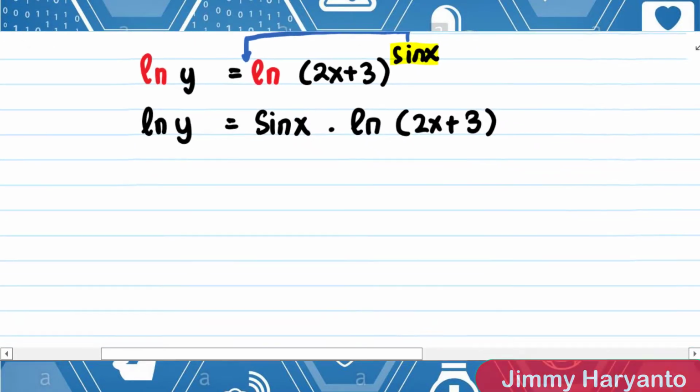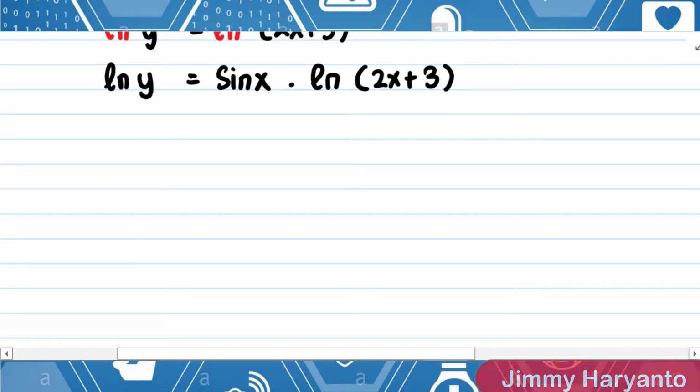Okay guys, so how to differentiate this? We have to use partial differentiation, but we have not learned that yet. We will learn later, but for now I will just tell you how to differentiate this one, ln y. How to differentiate ln y? First, you have to differentiate the outer first. The outer is ln. When you have ln, it will become 1 over y, right? The differentiation of ln x is 1 over x. So the differentiation of ln y is 1 over y. But don't forget, this is not x, this is y.